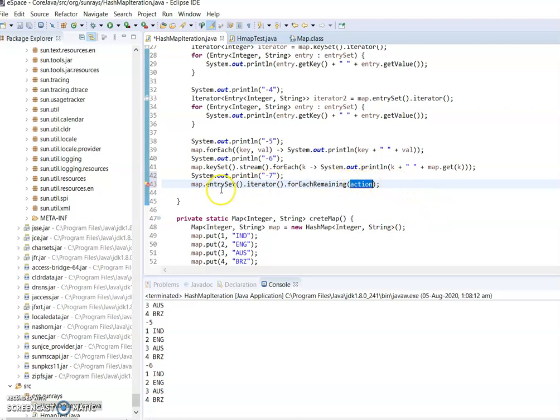The action is on the iterator of the entrySet. Entry means key value pairs.